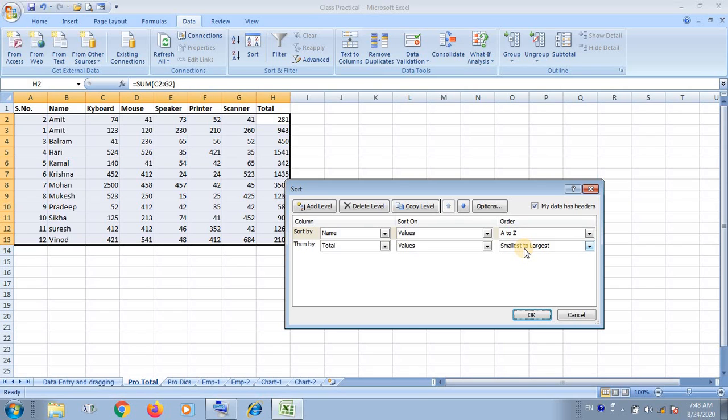Sorry, I have selected here smallest to largest, which means ascending order, and here is also ascending order, both are ascending.